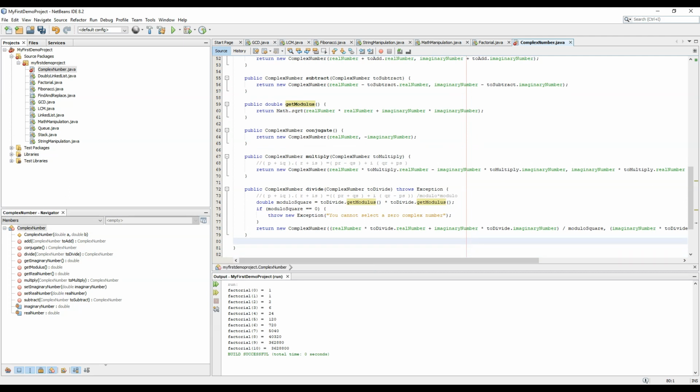Now since we have already created all the functions required, we now just need to represent the complex number in the form of a string.